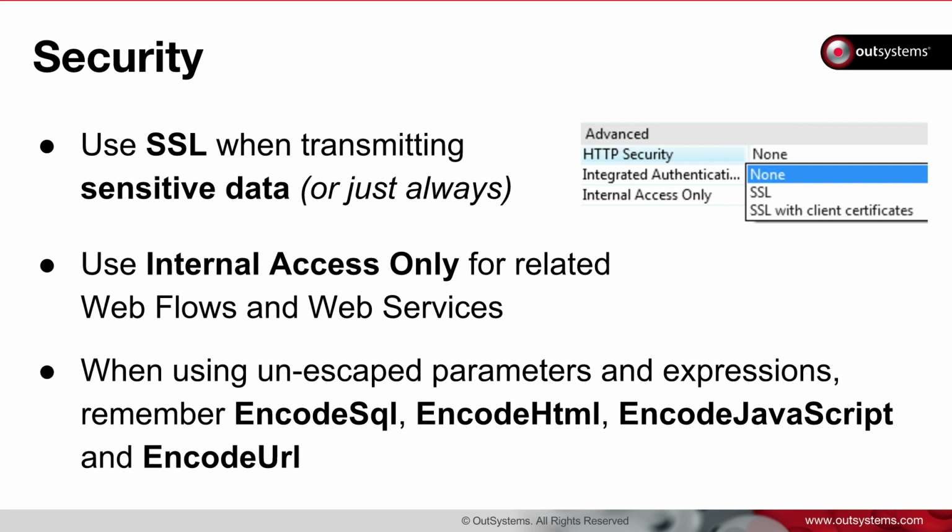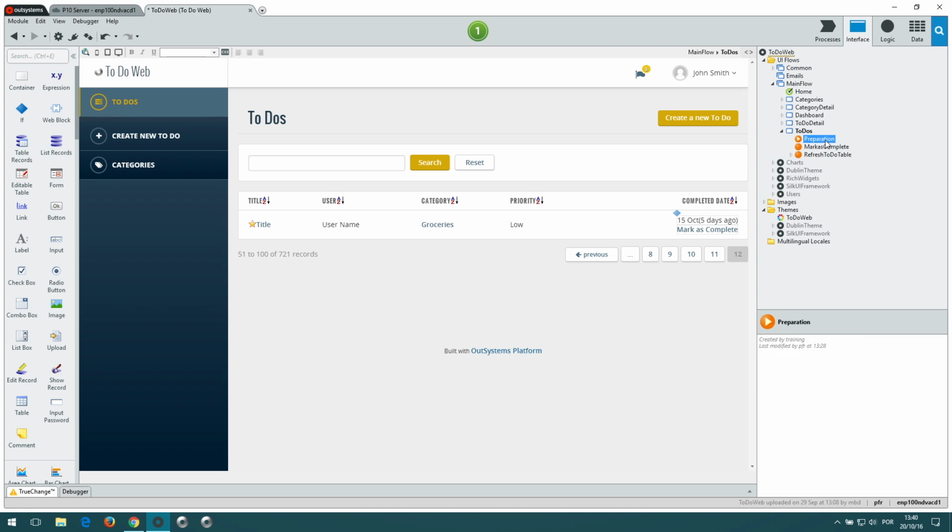Also remember, when using unescaped parameters and expressions, as we've seen previously, to use encode SQL, encode HTML, encode JavaScript, and even encode URL. Usually the platform will escape every content that you generate, but if you ask it not to escape, then you need to use these functions if you're inserting or trying to use data that comes from the outside world. Again, our security masterclass explains this in more detail, but very quickly this means that